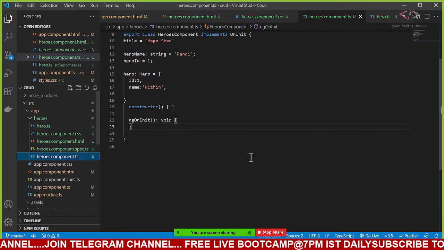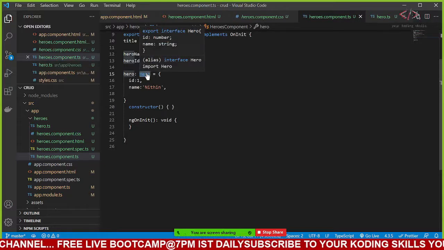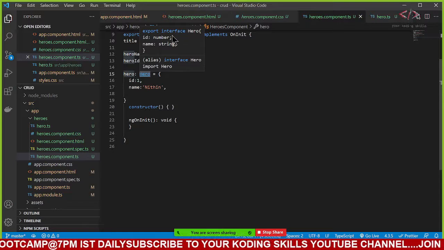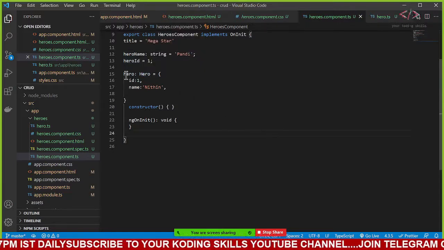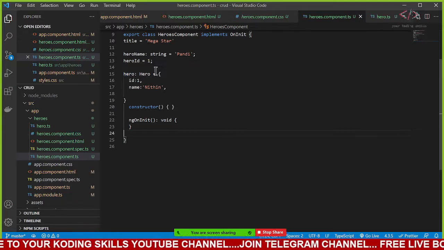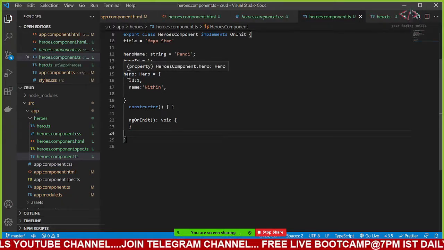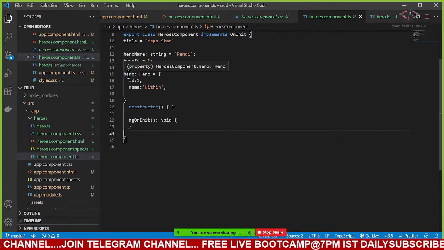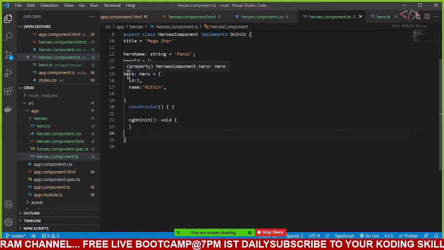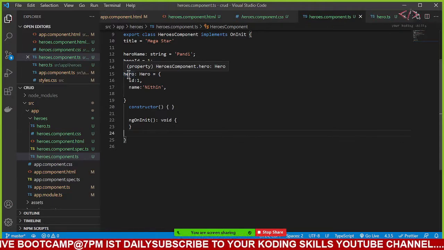okay, let me go here, as I told you people. Now see, now I know hero. If I press control and mouse over on this one, it will show me the interface. It is using ID and name. Now if I mouse over on this, it says it is a hero component, and at the last you observe there is a colon and hero. It means that it is a type hero, like how you have a type called integer, a float, a string, like that, your own type.